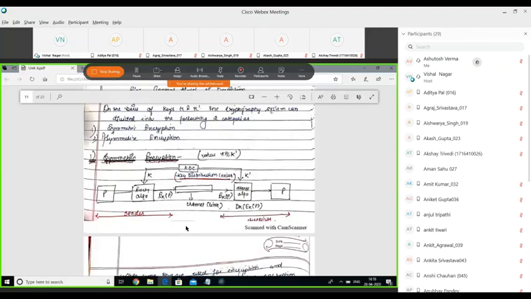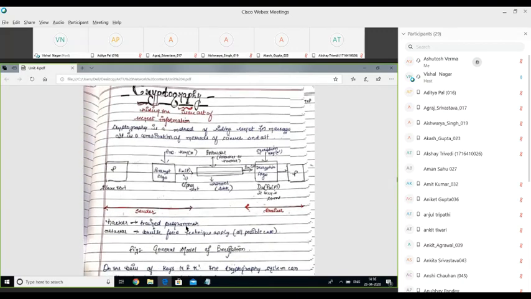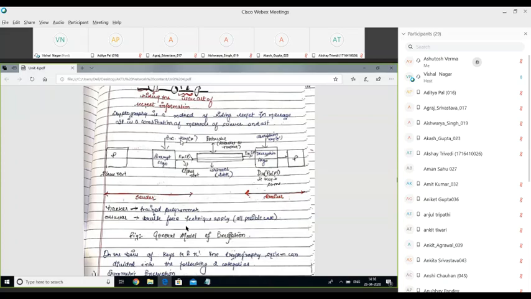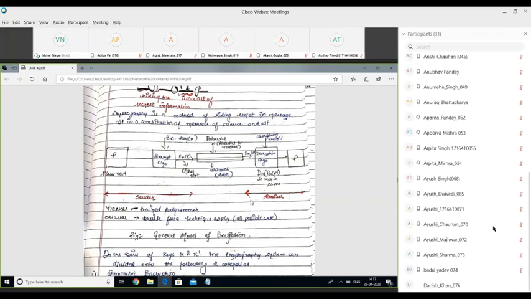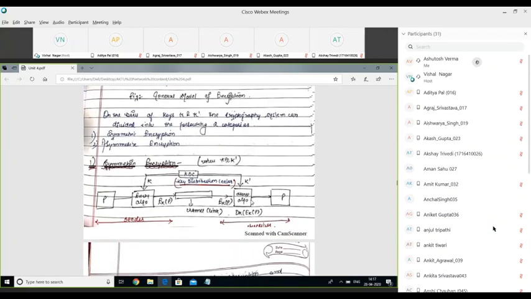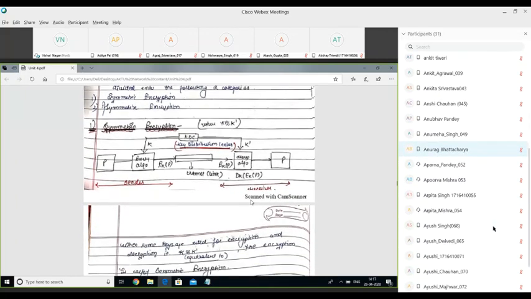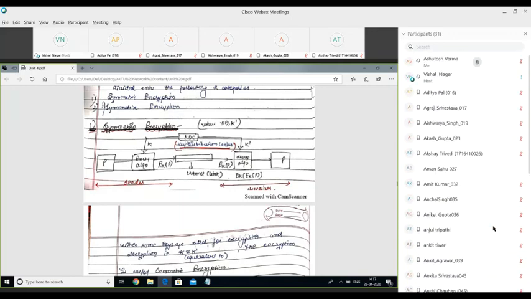So we have discussed this thing in our last class. In cryptography, if the two keys, one for encryption and another for decryption, k is equal to k dash, in that case, the encryption is called symmetric key cryptography. And if the keys are different, that means k and k dash are different, in that case, it is known as asymmetric key cryptography. So we have discussed one basic model of symmetric encryption also, in which we were using KDC, key distribution center, for exchanging the key between the two users.